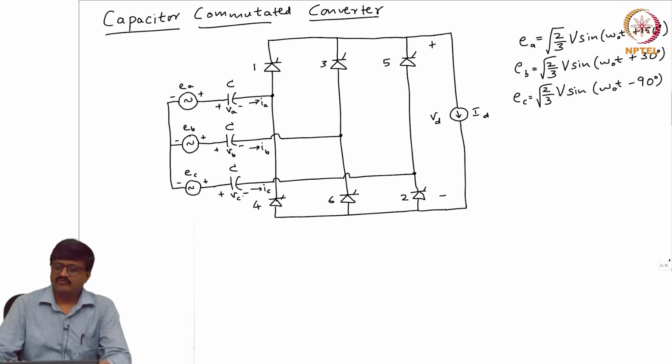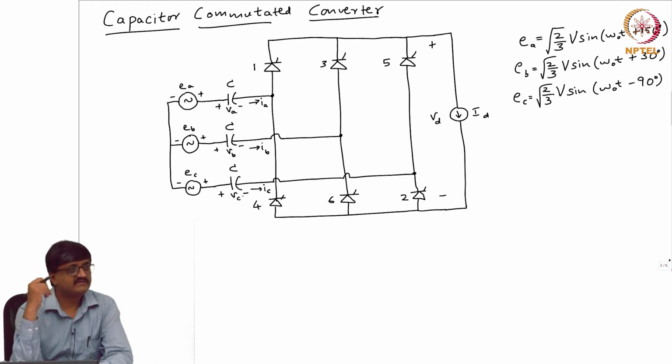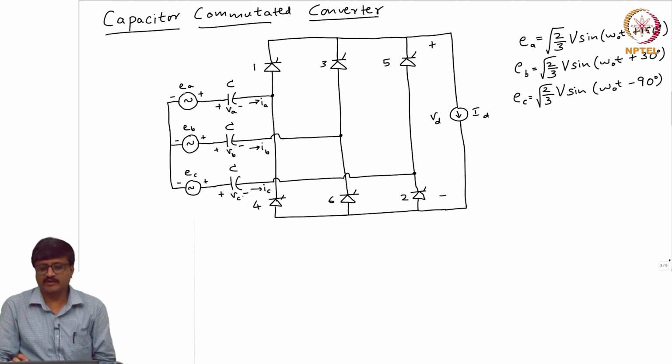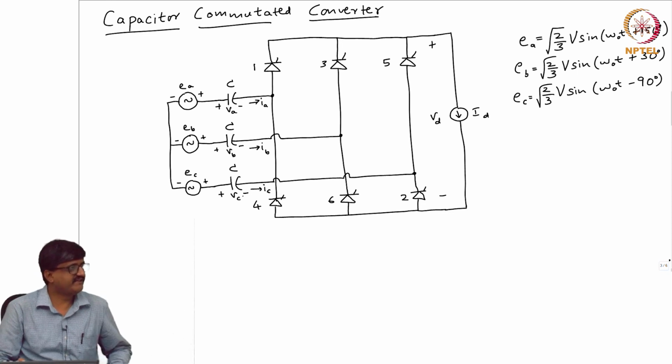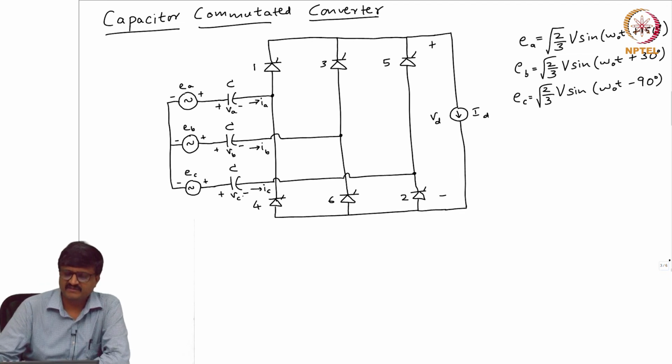We know that when there is no inductance on the AC side, the current can change suddenly. At any instant only two valves are conducting: either 1 and 2, 2 and 3, 3 and 4, 4 and 5, 5 and 6, or 6 and 1. So, there are 6 intervals, and in each interval one valve from the upper commutation group and one from the lower commutation group is conducting. For the sake of explanation, we will look at one of the capacitor voltages.